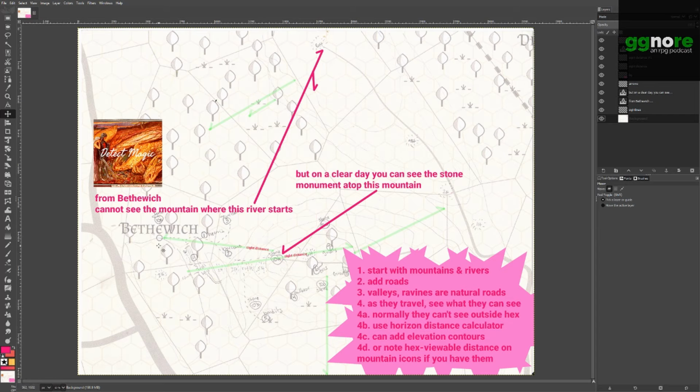So this is their hometown, Bethwitch. And this was all generated, by the way, by Azgaar's Fantasy Map Generator. You can Google it. I'll probably put it in the show notes. And it will generate everything you see here except for the notations and the contour lines that I've put on there. And that's really what this episode is about: if you become unhinged and you decide to put elevation contour lines on your map, this is how you can do it.